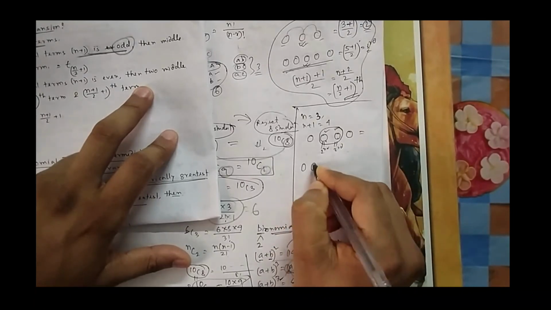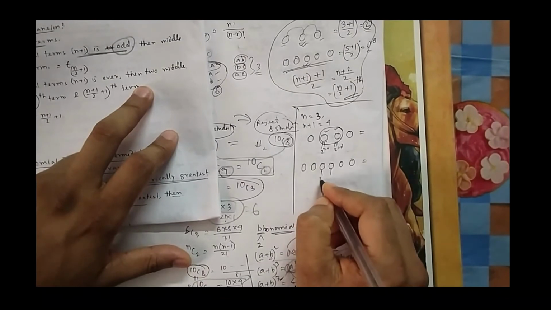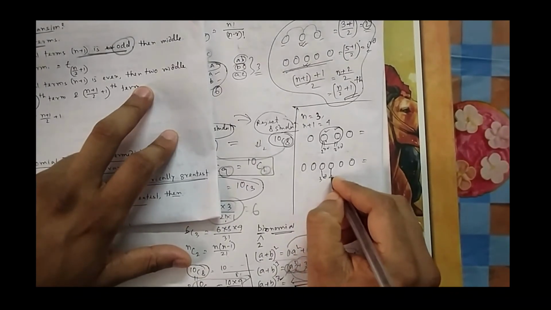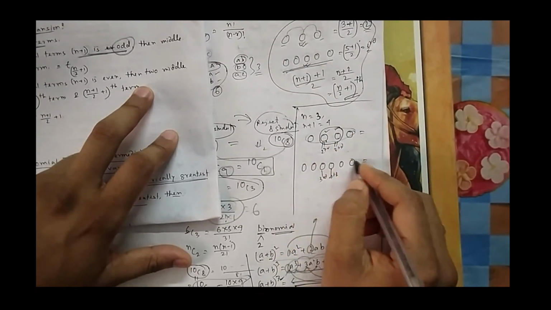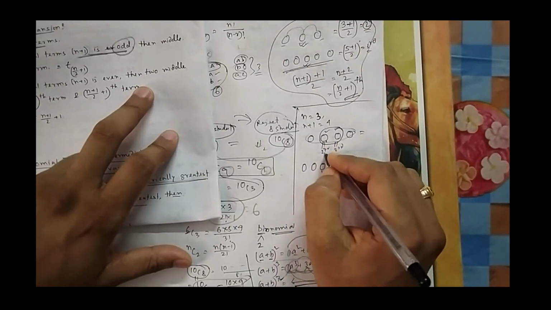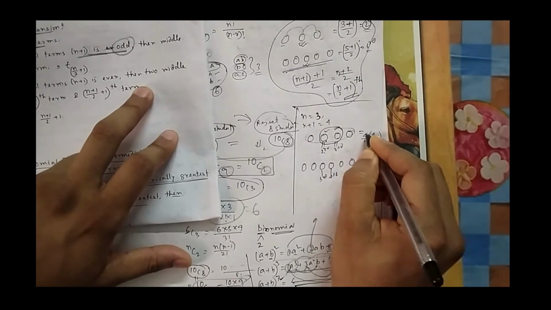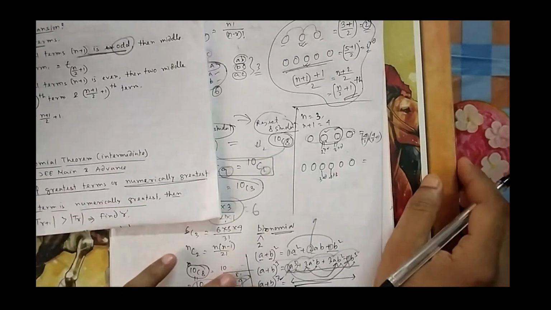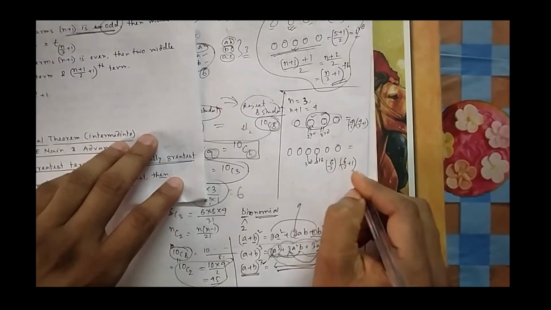Now you have 6 terms, 1, 2, 3, 4, 5, 6. Now which will be the answer? You will say obviously, sir, these 2, third and fourth. Now how are you getting this? You can think: you divide 4 directly by 2, you divide 6 by 2. So you divide the number of terms by 2, 4 by 2, and then 4 by 2 plus 1. Once you know one, you add 1 and you find the next one. It is 6 by 2, that is third, and then 6 by 2 plus 1, fourth.